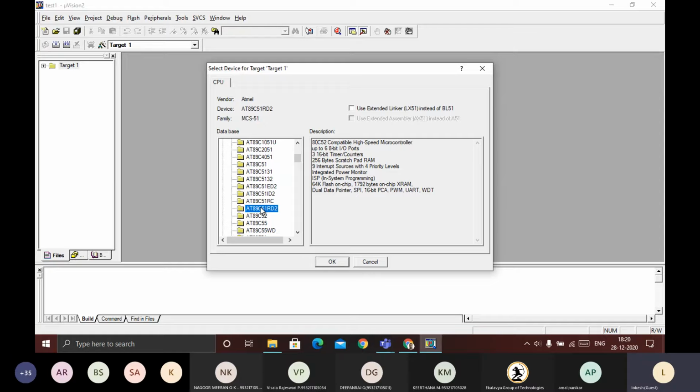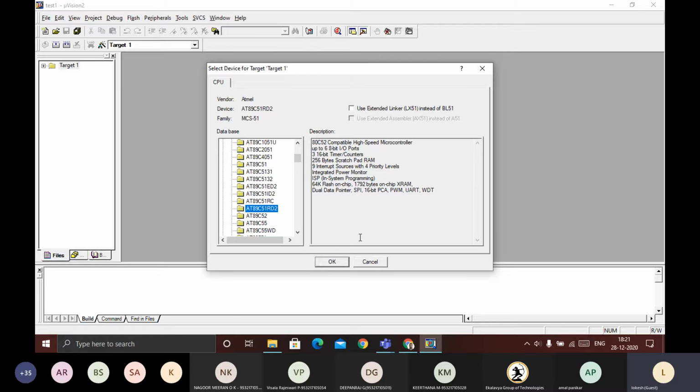What are the features that the 89C51 is going to have? You can see here in the description. It is a high-speed microcontroller with up to 8-bit I/O ports, having three 16-bit timers and counters. The memory capacity is 256 bytes of scratch pad RAM. It can handle 9 interrupt sources with 4 priority levels, and it has an integrated power monitor.